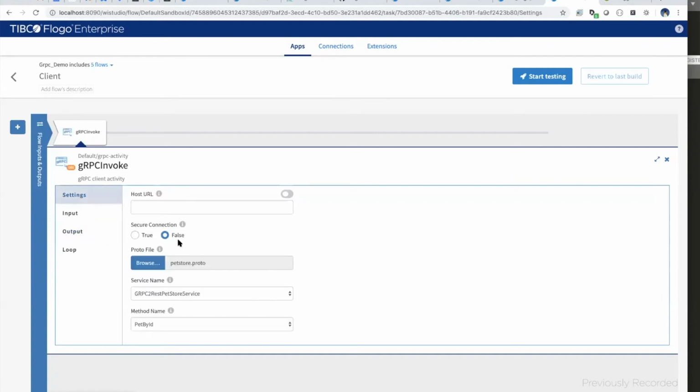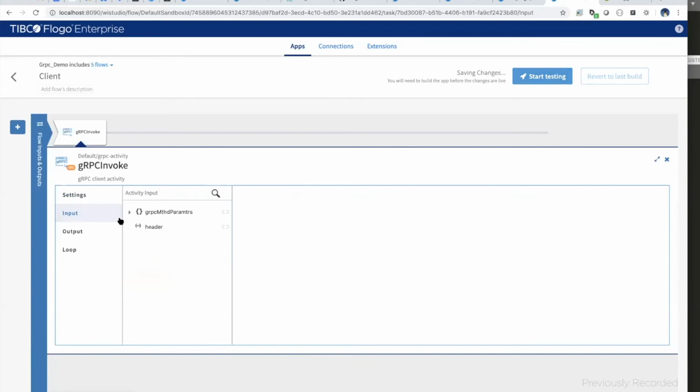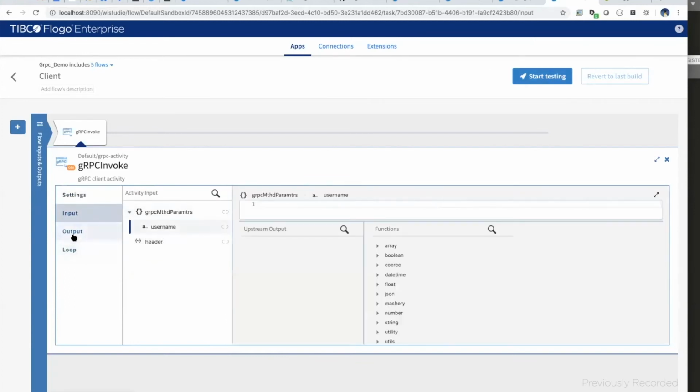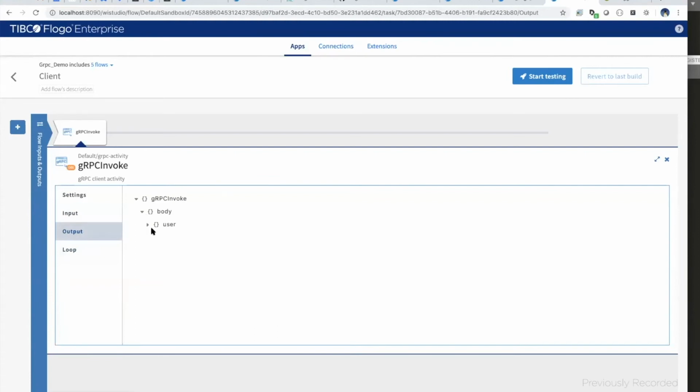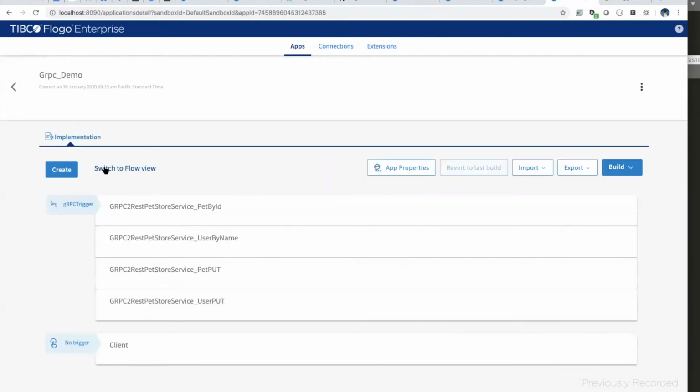Now if you go and change here, let's say to user by name, you will see that instead of ID, it's a username, and in the output too, you will see the output of the user instead of a pet. So this is what we have done. As part of 2.8, you can now take the protobuf as a specification, generate the server implementations as well as client implementations, and use gRPC for the communication.